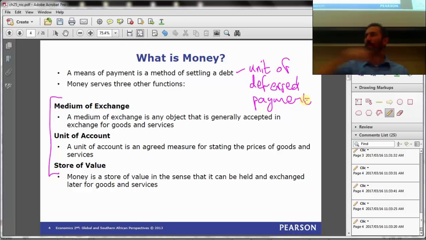Essentially, the entire circle is complete, right? The university trades goods and services with me. I trade goods and services with Checkers. Checkers trades goods and services with the university, right? In between, we hold money. And whilst we hold money, we're essentially holding something that is like a debt instrument, right? While you hold that thing, you can take it and exchange it for goods and services.